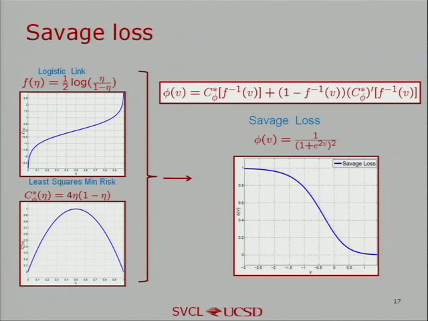And we've plotted it. And you can see that this loss function, unlike all previous Bayes consistent loss functions, is first of all not convex. And also it is bounded. So it flattens out. It has a bounded penalty. And we use this loss function to do some robust classification. But